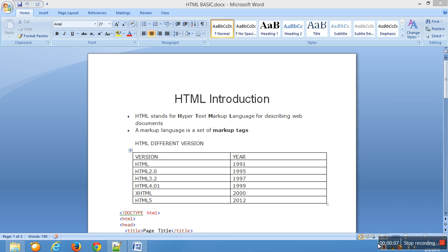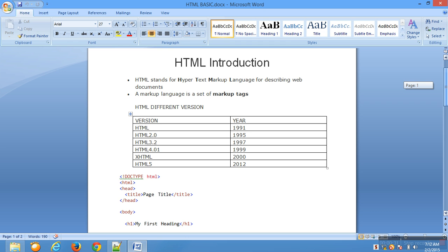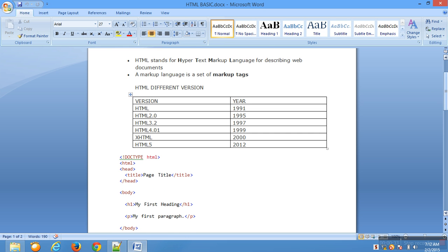So we will start with the HTML introduction. So what is HTML? HTML is nothing but Hypertext Markup Language. And why do we need this language? We need this language for describing big documents. In this HTML language we have markup tags. So we will see different types of markup tags later on. But before that we will discuss